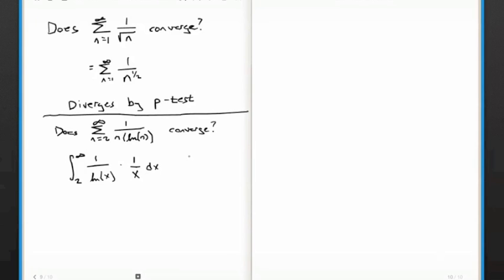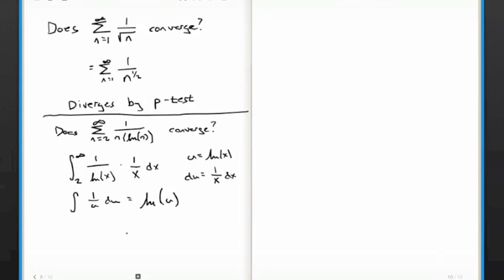I'm going to say that u equals the natural log of x, which means that du, the derivative of natural log, is 1 over x dx. Now that's convenient because here's 1 over x dx, here's 1 over u, so this becomes the integral of 1 over u du, which I know equals the natural log of u,